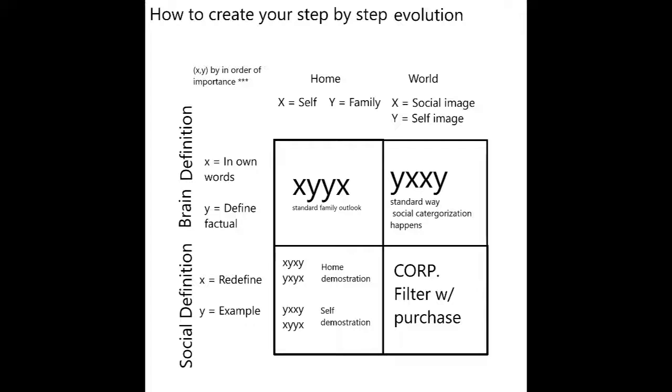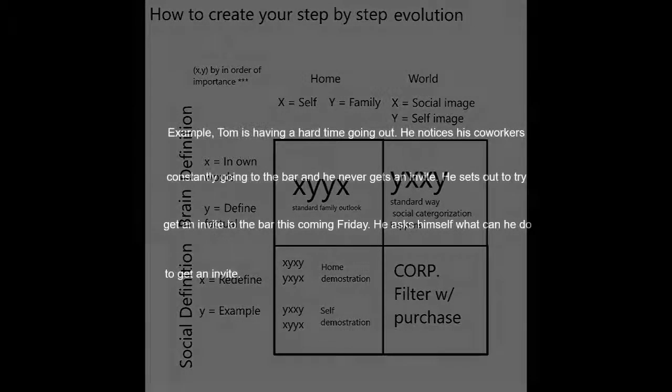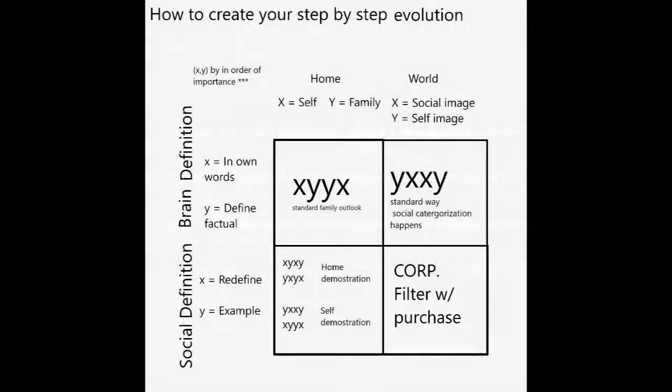Example: Tom is having a hard time going out. He notices his coworkers constantly going to the bar and he never gets an invite. He sets out to try to get an invite to the bar this coming Friday. He asks himself, what can he do to get an invite? If we were to use Tom's example to try to figure out how he would use the evolution chart to exponent his results,